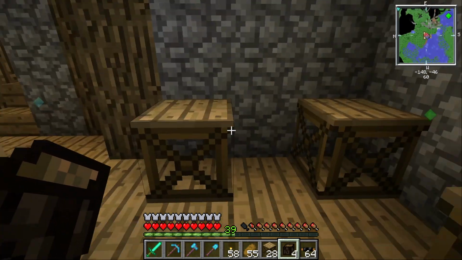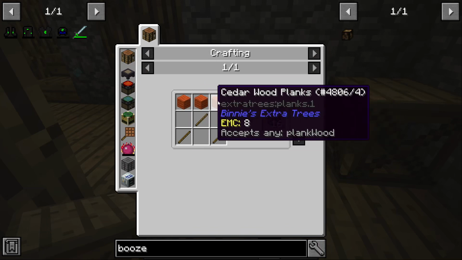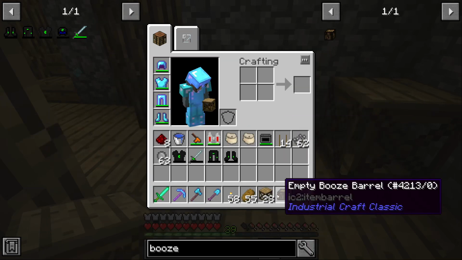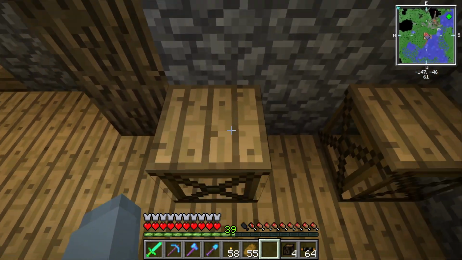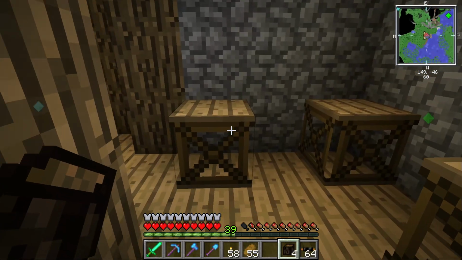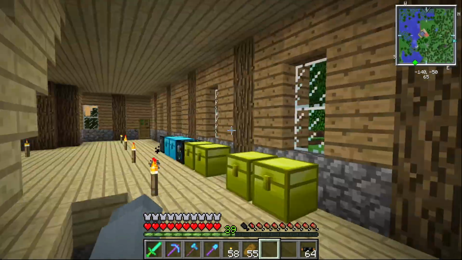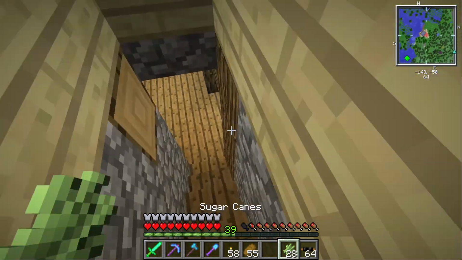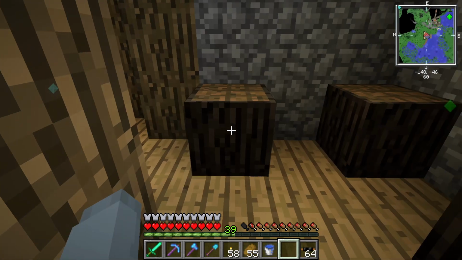And then, so these are scaffolding, by the way. I don't know where I got these from, but they're made like this. So 3 wooden planks, 3 sticks make 16. Not too bad. You can walk up them like a ladder. So not like regular Minecraft scaffolding, but still useful. And then we right-click them with the booze barrel. And then I think what we do is, do we just right-click? Oh, that's a bit. And then...